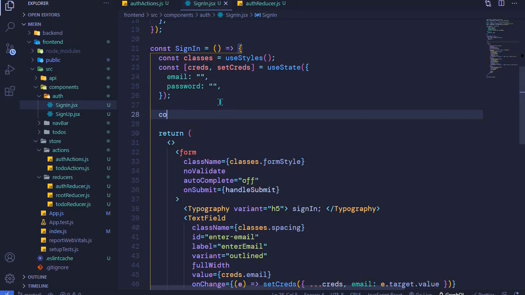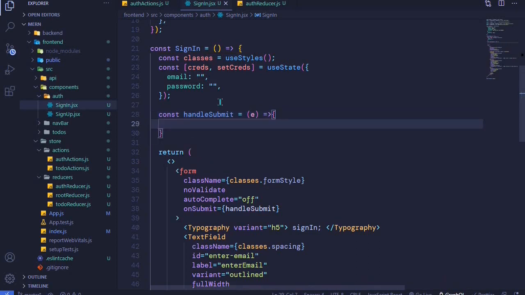So right here I'll say const _submit, which will be equal to an arrow function. It will accept an event, and we can prevent the default action for submitting a form. So e.preventDefault, this will prevent the page from refreshing whenever we submit the form,